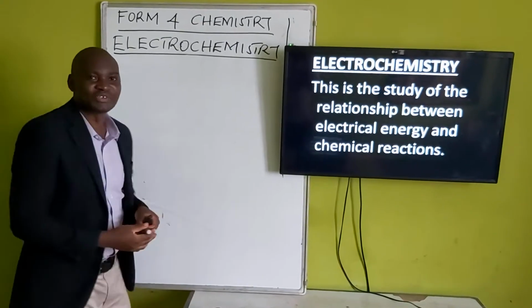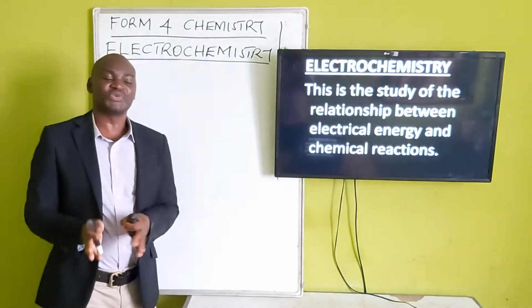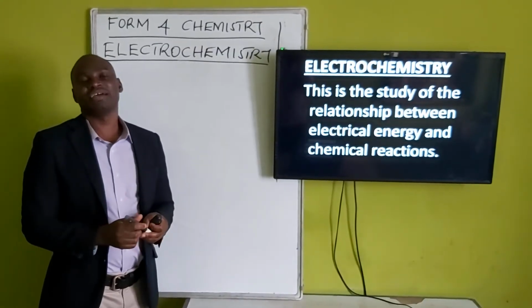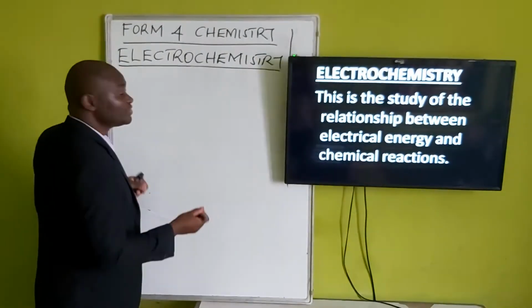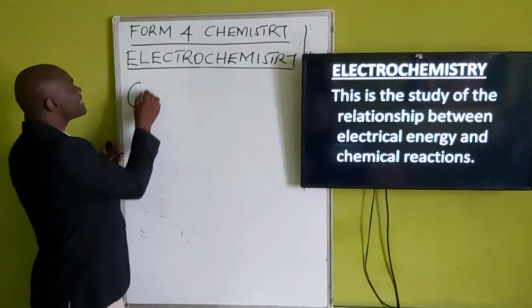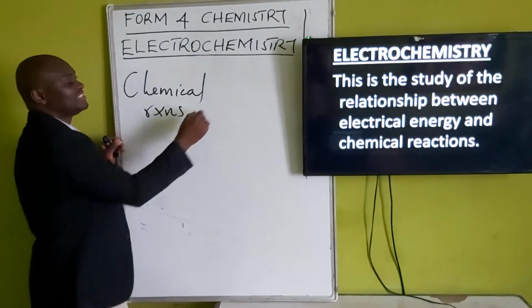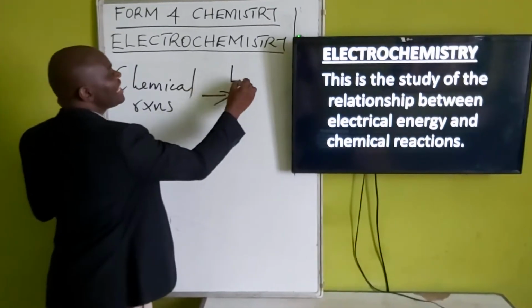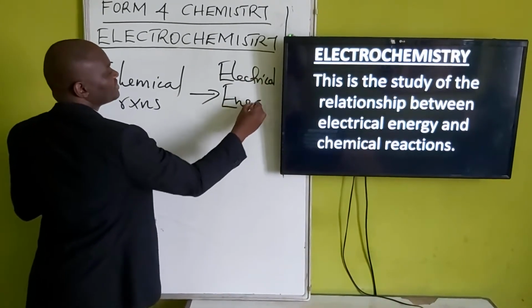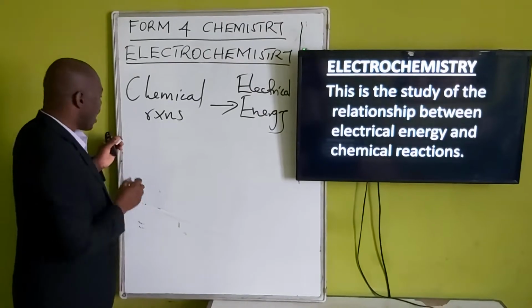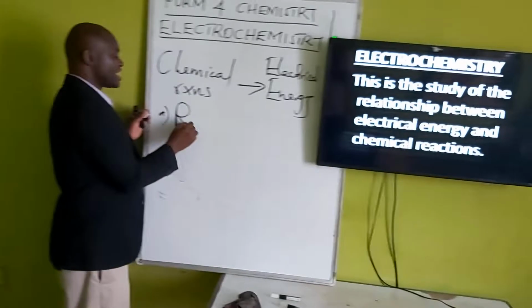So, what is electrochemistry? Electrochemistry is the study of the relationship between electrical energy and chemical reactions. So, in this branch of chemistry, we are going to deal with two things: chemical reactions vis-a-vis electrical energy. Now, how? One, we have chemical reactions